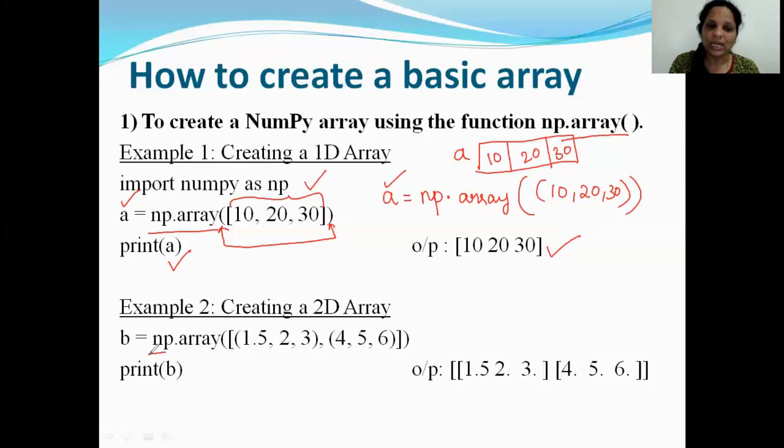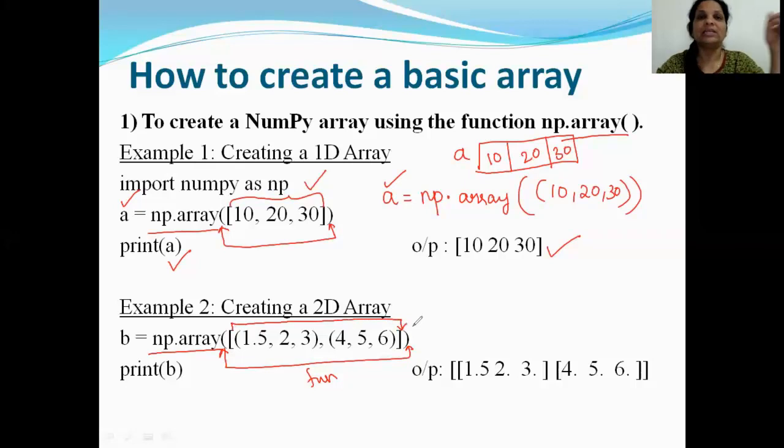Same way, you write np.array. These brackets on the outside represent the function, because all functions use a bracket. Then within the bracket, like we had a square bracket here to specify the list of elements, I'm having a square bracket here to specify the list of elements of a 2D array. But now I can't just give the elements as 1, 2, 3, 4, 5, 6.